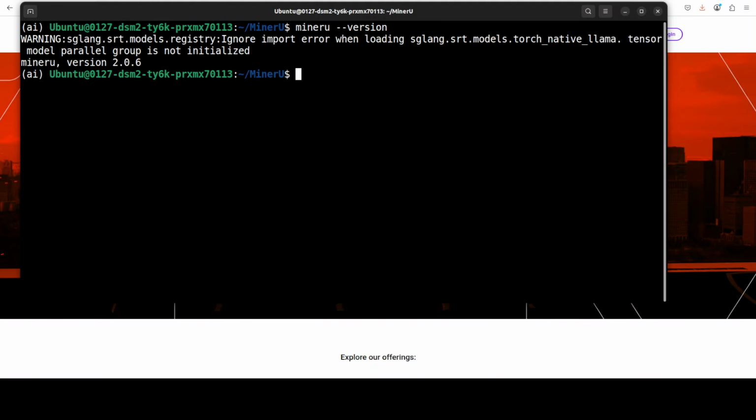What primarily it means is that whenever we run the MinerU command, the sglang library, which is another inference engine and model engine, initializes itself, and as part of its startup, it checks for various supported model types and environments, and one of those, like this one, Torch Native Llama, is specifically for running models in a multi-GPU tensor parallel setup, and I don't have multi-GPU. That is why it is telling me that it is not initialized, so you can safely ignore that. You can also check out all the help options of MinerU,